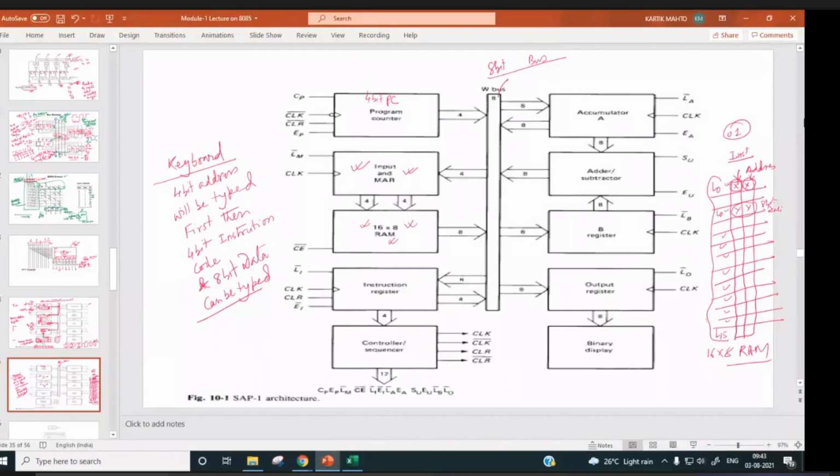For executing your program, you have to give the starting address of your program to this program counter first. Then the program counter will be outed during T1. Then during T2, the program counter will be incremented, PC plus 1. During T3, the instruction from memory will come to the instruction register.